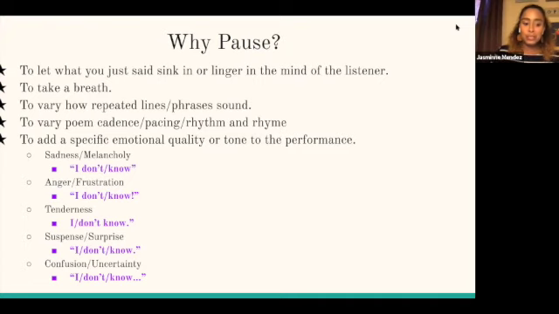Right? Suspense or surprise. I don't know. And it's in my body, it's in my face, but there's the pauses, right? We're looking at the pauses. And then confusion or uncertainty, which is normally like our first instinct with a line like this, is just confusion. But I've already shown you there's so many different intentions and emotional variances that can exist with just these 3 words. And so with confusion and uncertainty, if you have a pause in between each word, it might sound